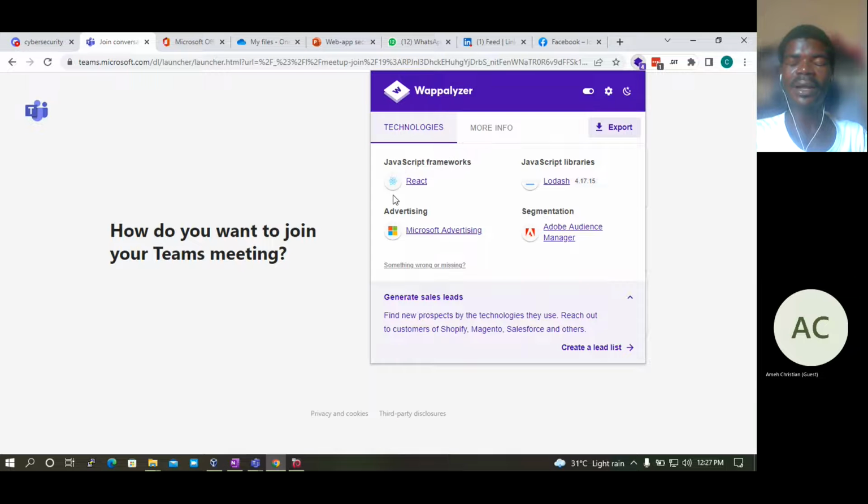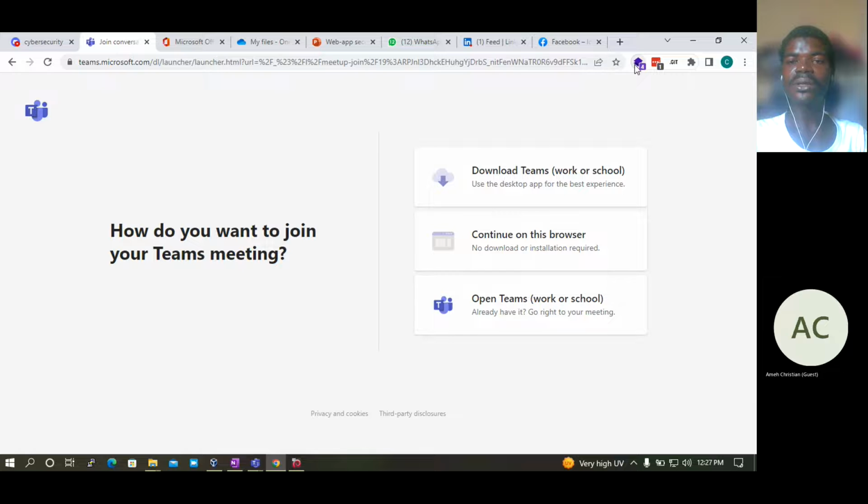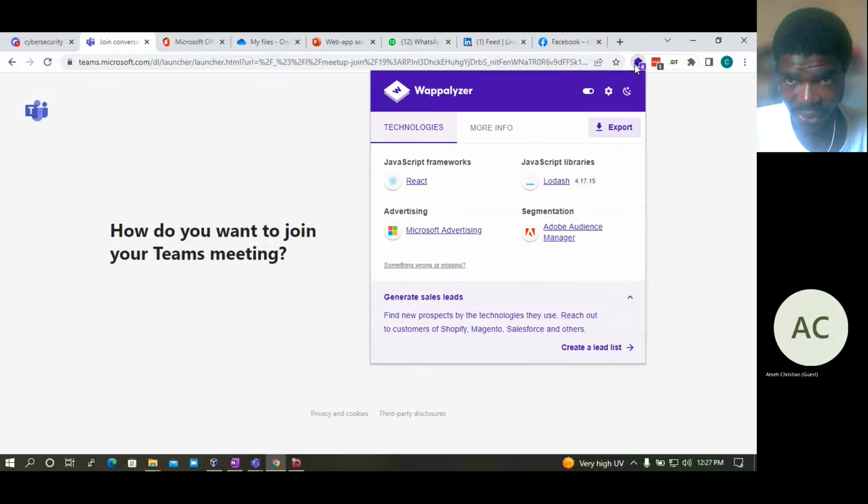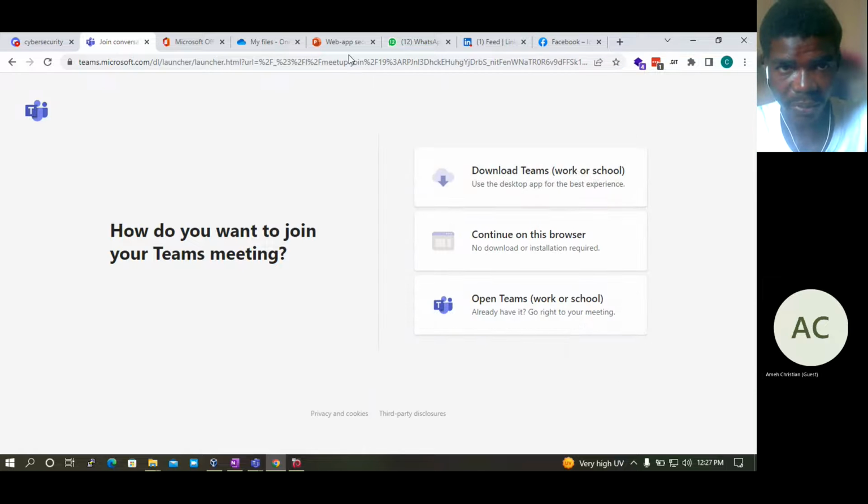As we know, JavaScript is client side programming language. They are using React, a JavaScript library. I don't want to digress at this point, because all of this is just an addendum to the objective of today. You can just search on Google for Wappalyzer. It's a Chrome extension. Whenever a page is loading, it will be showing the statistics or the technologies that are running on the website you are loading. So let me go back to